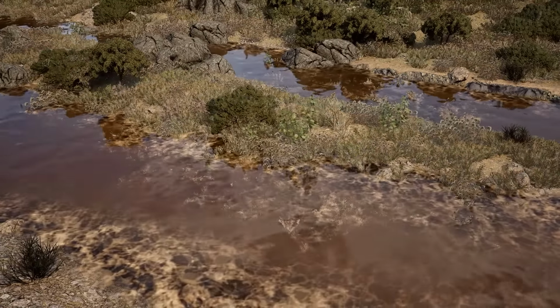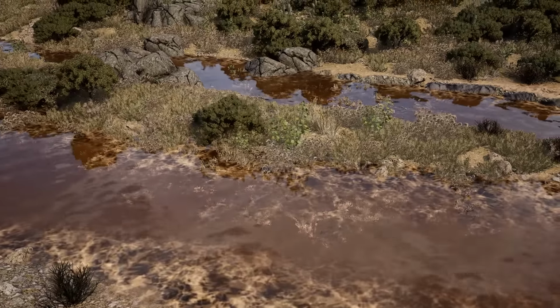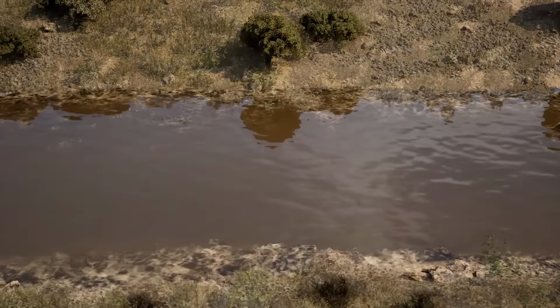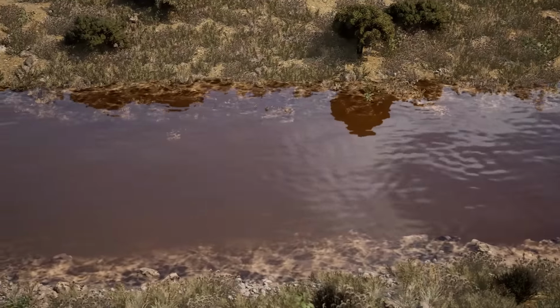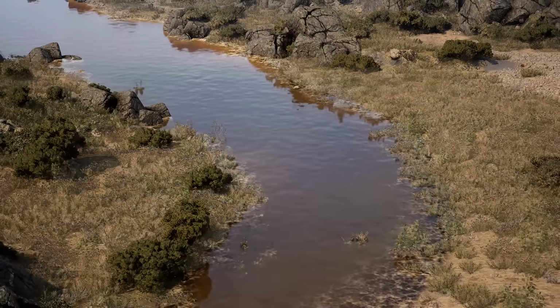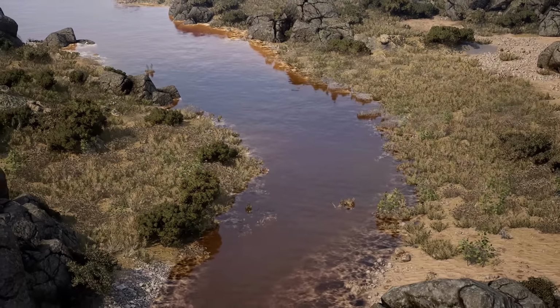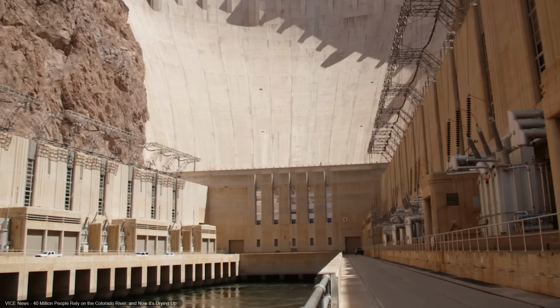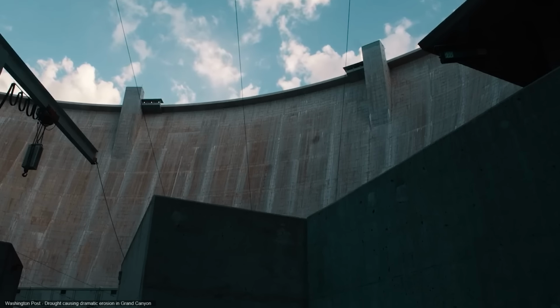Scientists and local guides who knew the river like the back of their hand were stunned. Many sections that had once been bare, dried-out beaches were now covered with fresh sand. The flood washed away some of the invasive plants that had spread along the banks and partly restored habitats for river animals. Of course, scientists and river management experts decided to see if they could repeat the success of 1996,